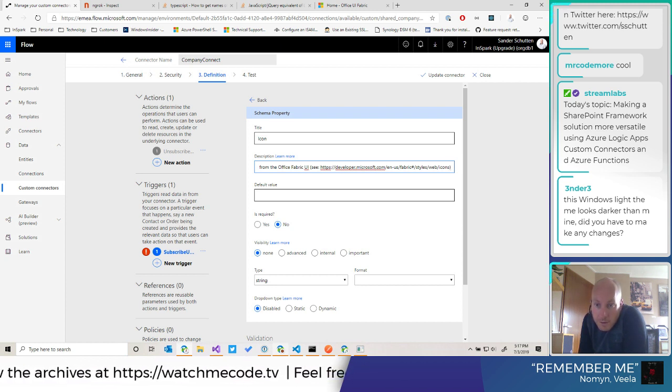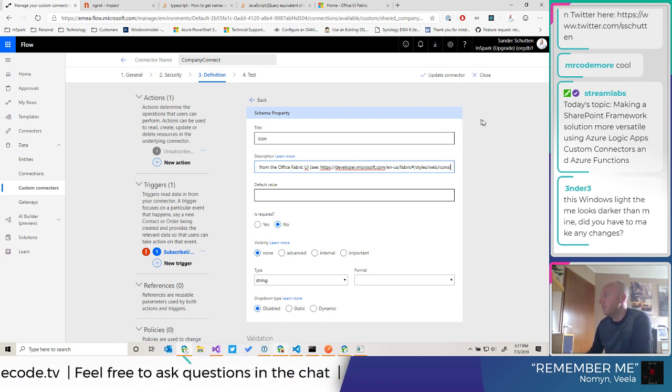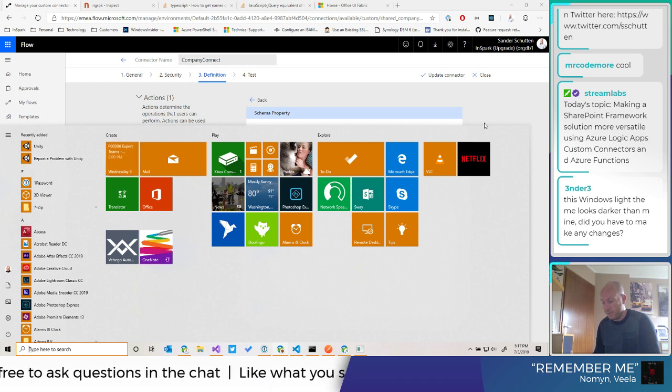I3 Ender 3. This Windows light theme looks darker than mine. Did you have to make any changes? Good question. I don't think so. I think I have the default light theme. Let me check that out.